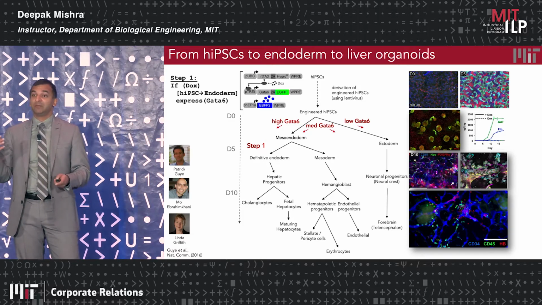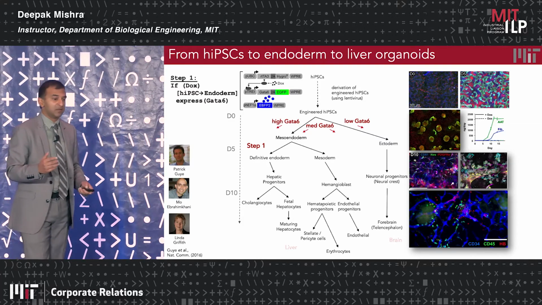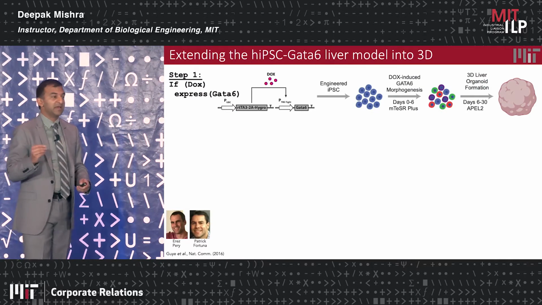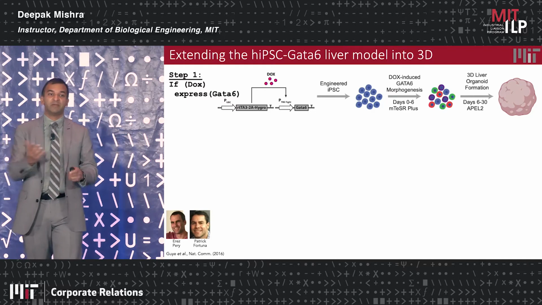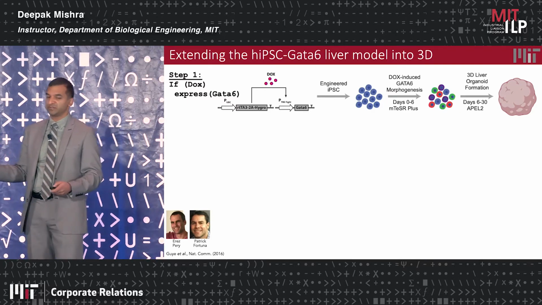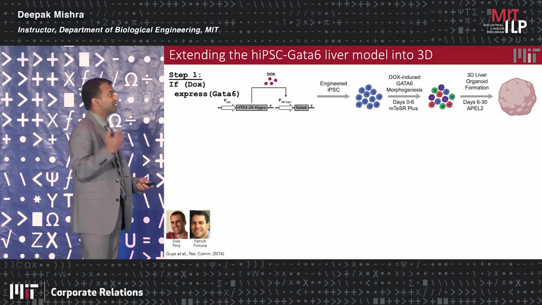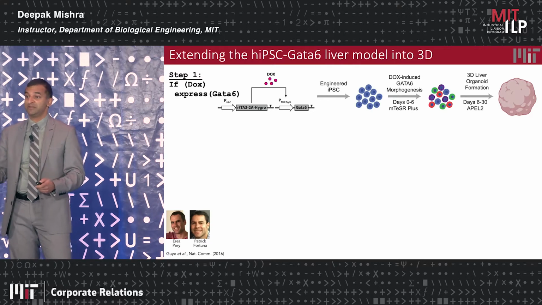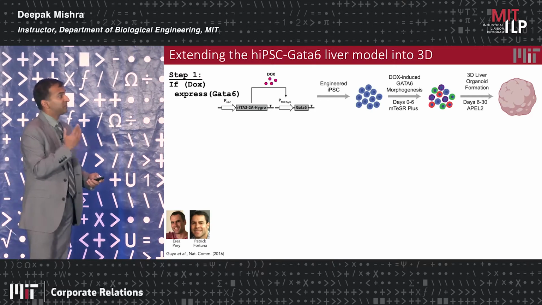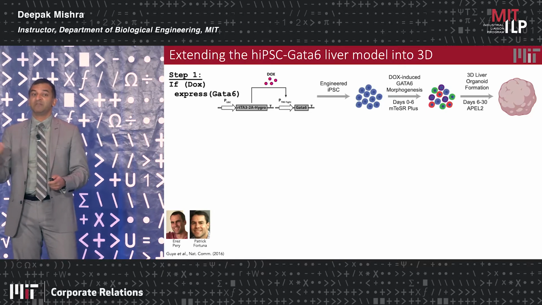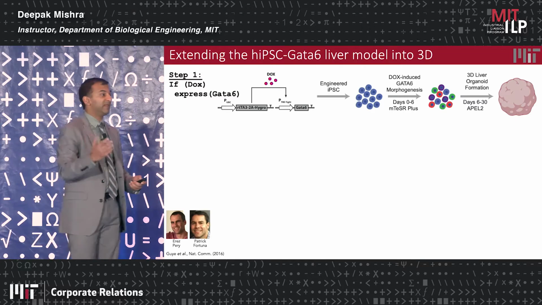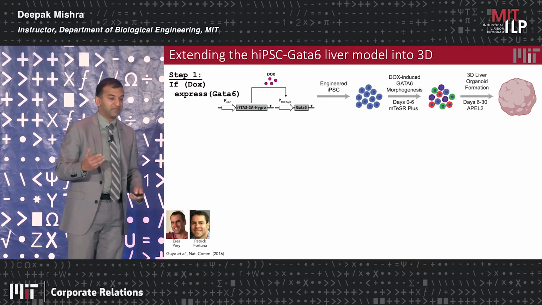And we decided, what can we do next with this system? So with some talented former postdocs in the lab, we decided to go into 3D. Right now we had been in 2D, and we see all of these precursor cells. The way we did that is we take that same system, but we use all of the technologies that we've seen for spheroids and development of these spheres, with the ultra-low adherence plates. And we go with DOX from day 0 to 6. We remove DOX, we go to a synthetic, defined, animal-free media, and we let these organoids develop. And what we saw